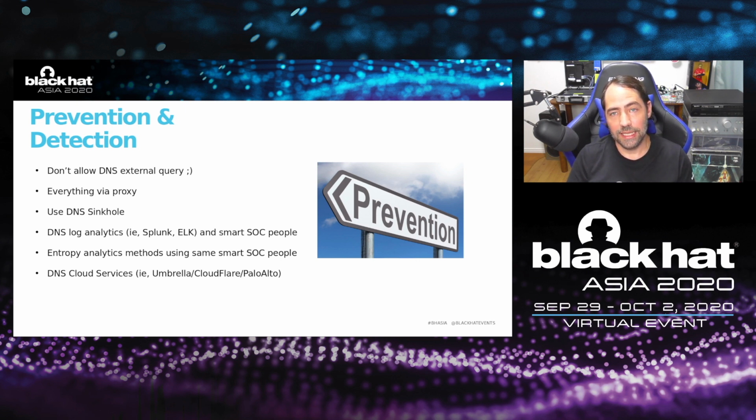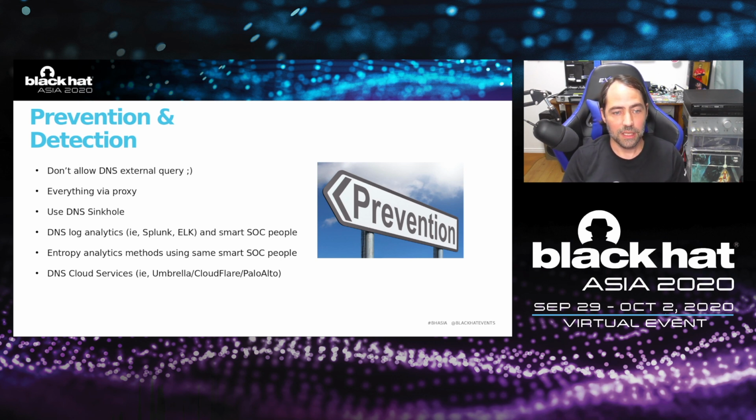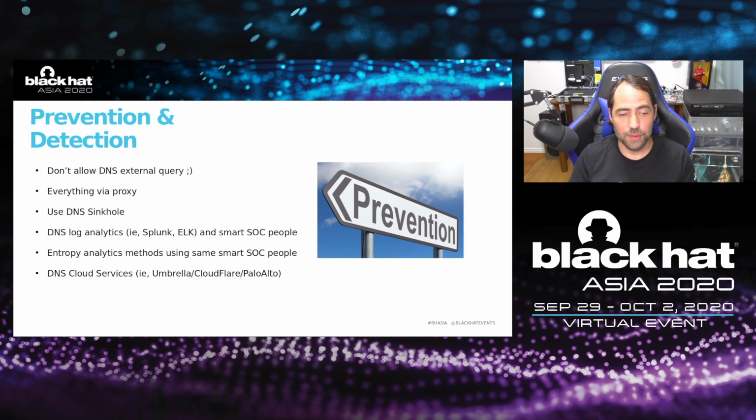We can use DNS sinkholes, so all the traffic will go through a sinkhole to get analyzed instead of using DNS directly. This could affect performance within the networks. Imagine you have 50,000 devices in the networks split across different regions. You will need to have multiple sinkholes deployed, so it is technically possible, but it is a bit complex as well. And then you correlate all the logs, of course.